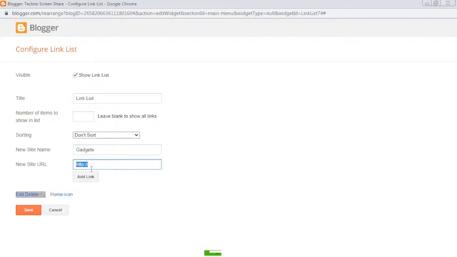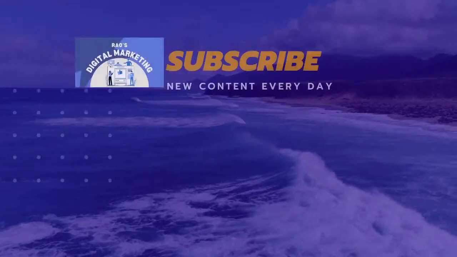Here, which type of URL you want to add, I will tell you. Initially you will add a hashtag. You will add a hash symbol, then click on Add Link. The menus will be arranged in order using up.